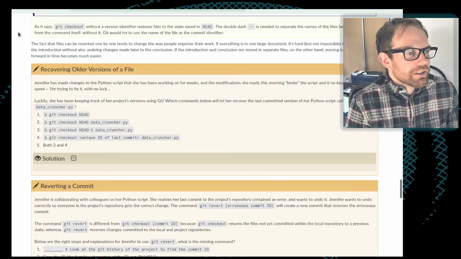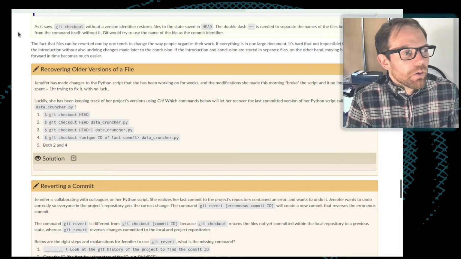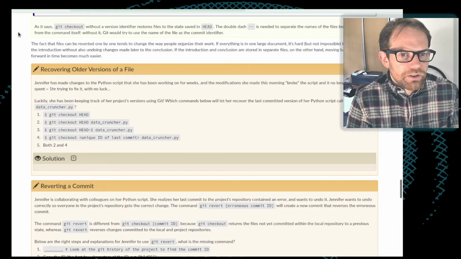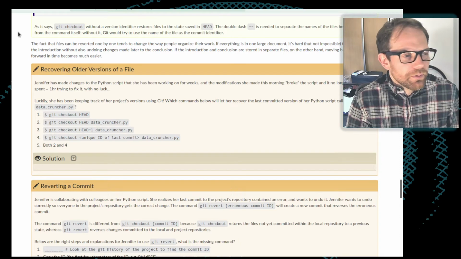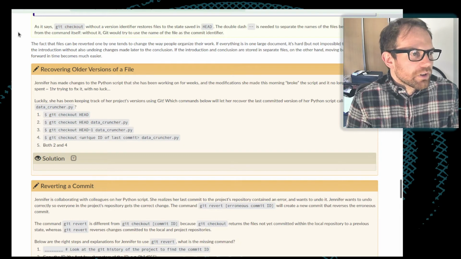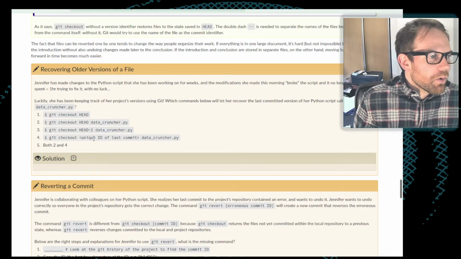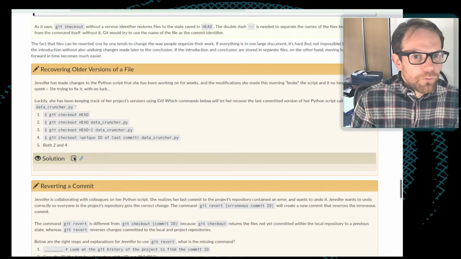So she can run: one, git checkout head; two, git checkout head datacruncher.py; three, git checkout head~1 datacruncher.py; four, git checkout with the unique ID of the last commit, datacruncher.py; or five, both 2 and 4.